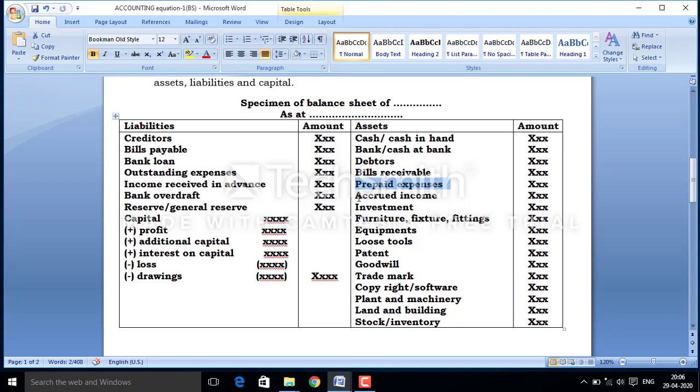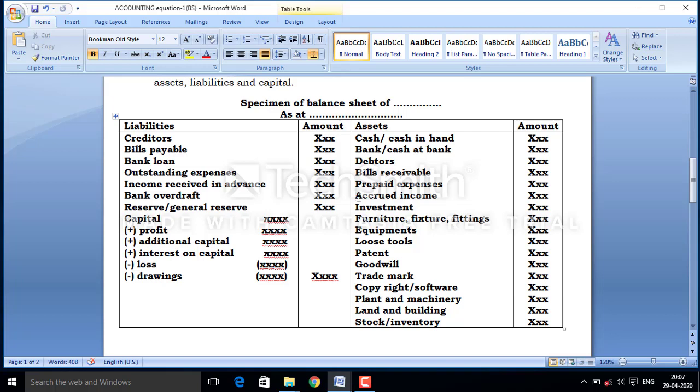Now it is accrued income. Accrued income means income earned but not received. It means we have earned the amount of income but we are not receiving it yet, it will be receivable in the future. Suppose that I worked somewhere and the salary is estimated at rupees 10,000, and I worked for 2 months but the salary is still unpaid. That unpaid salary which I have to receive will be known as accrued income.